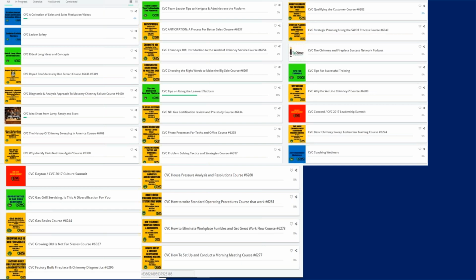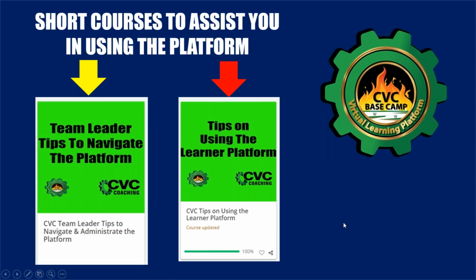And if you look at the yellow courses, all of the yellow courses are courses that are CEU accredited by NFI and CSI. When you look at it, it will tell you on the cover how many CEUs. Now, if you click onto it, the next page will tell you what the CEU mix is. There are 2 short courses that we advise every user to do